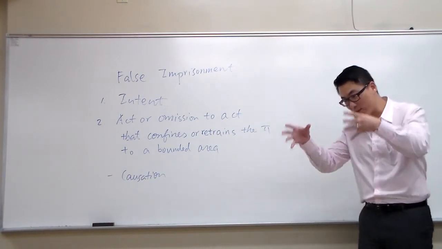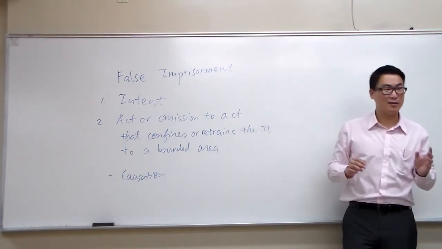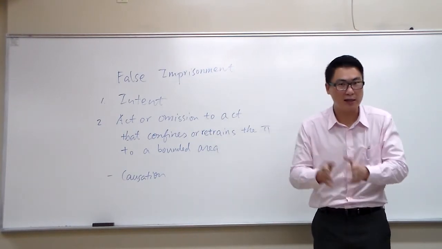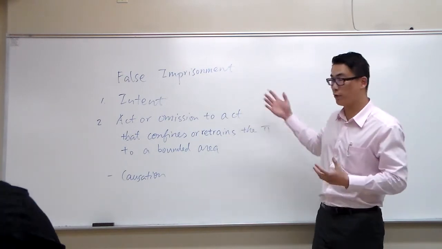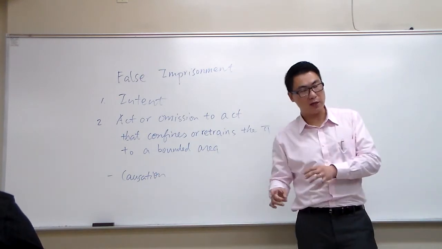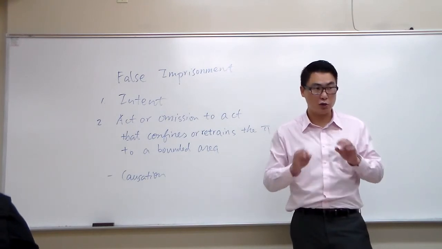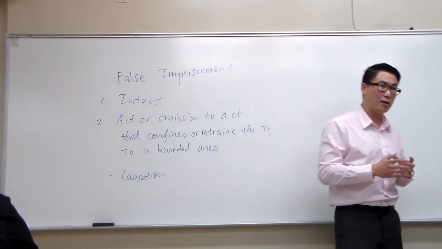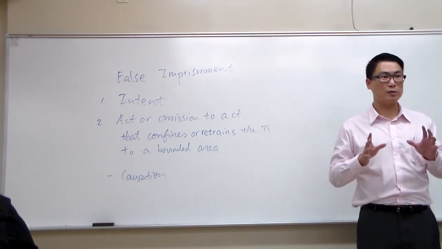But what if there is a guy right there, or it looks like a cop sitting right there, and he does not reasonably believe that he can leave? He can't leave. Then this will cause a problem for false imprisonment. So this becomes his subjective belief. If he believes he can reasonably escape, then there's no false imprisonment. If he believes he cannot escape, then there will be false imprisonment. Any questions?